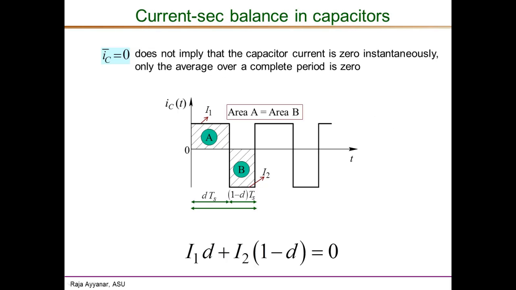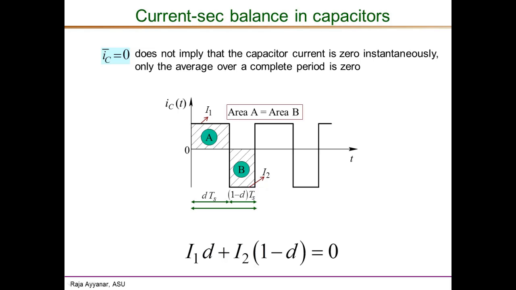Okay. Again, it is very important to understand that when we say the average capacitor current is 0, it does not imply that instantaneously the capacitor current is 0. And as we saw in the volt-second balance case, that's the difference between a switching converter and a non-switching circuit. So in a non-switching RL circuit, for example, the capacitor current instantaneously is 0. That's why we can actually replace a capacitor by an open circuit in DC steady state for non-switching circuits,